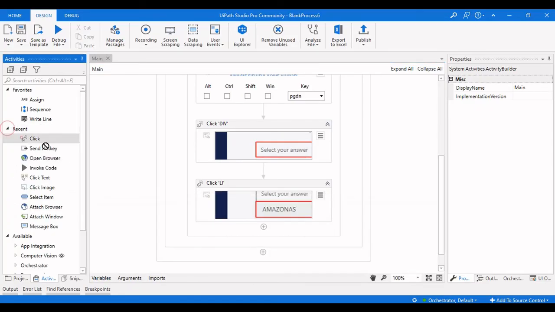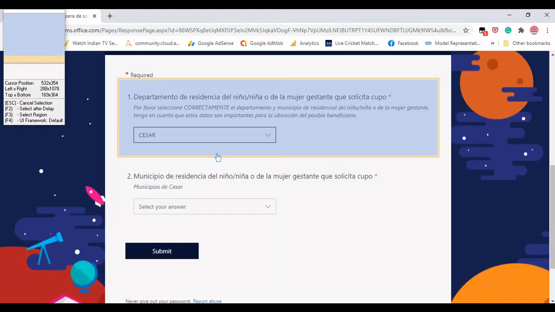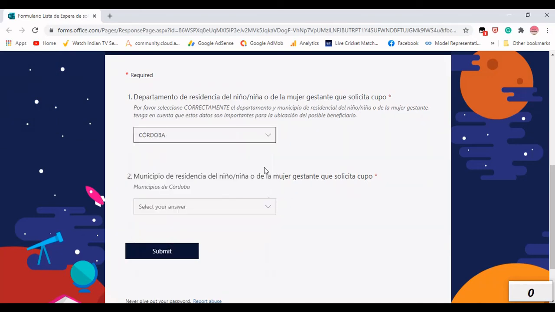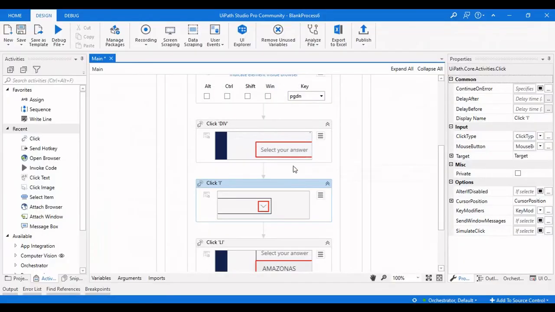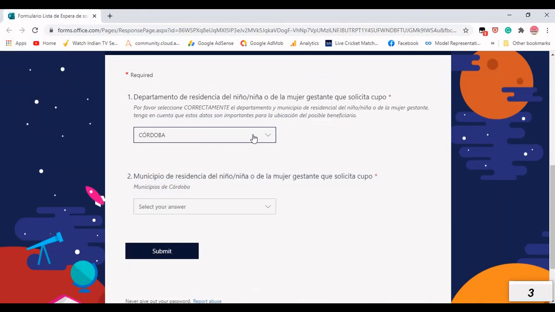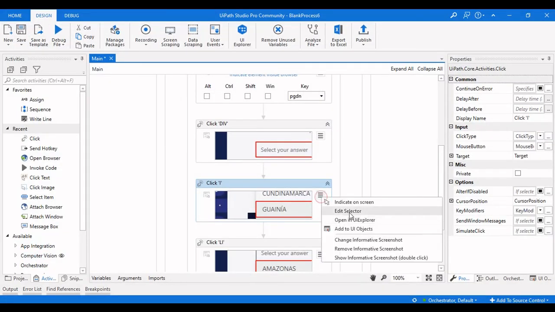So let me show you another one, which will let us see another drop down value. Let me indicate this again. This one, Vienna. So let us see these selectors here.